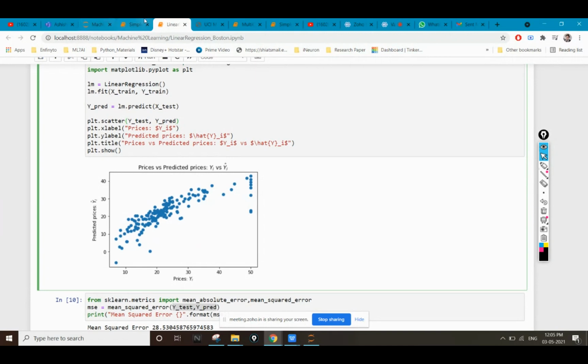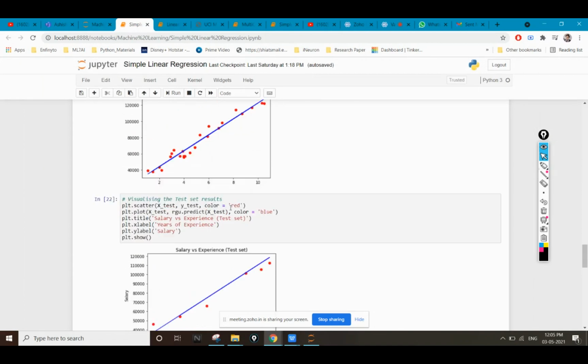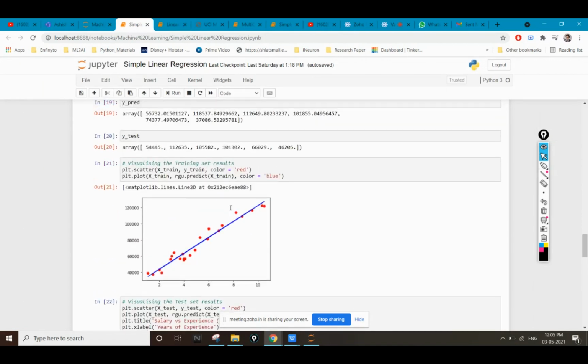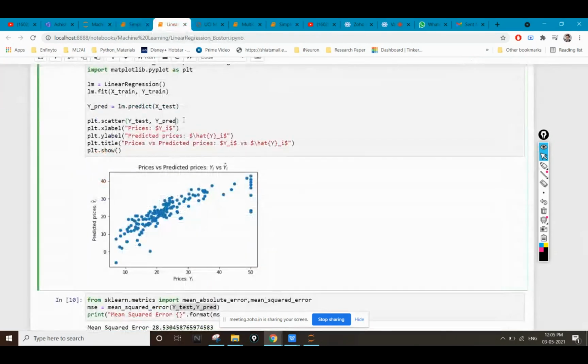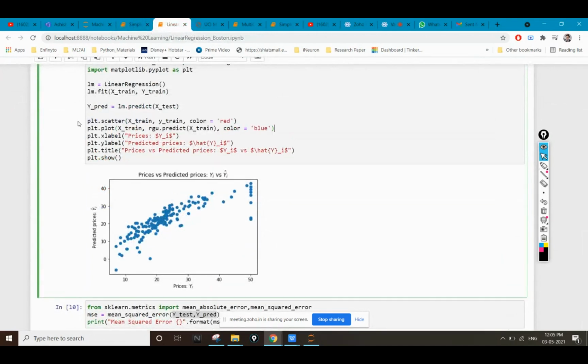Let me just include a line graph inside this also, so that it's clear which one is which.